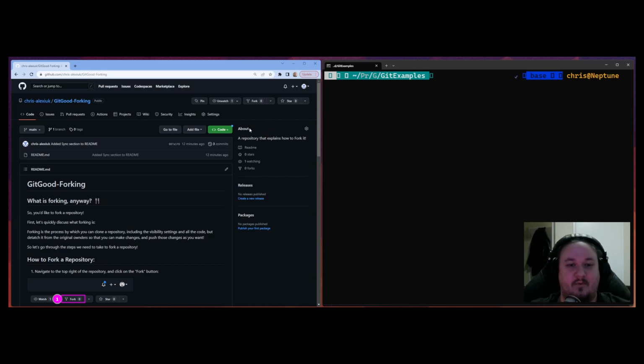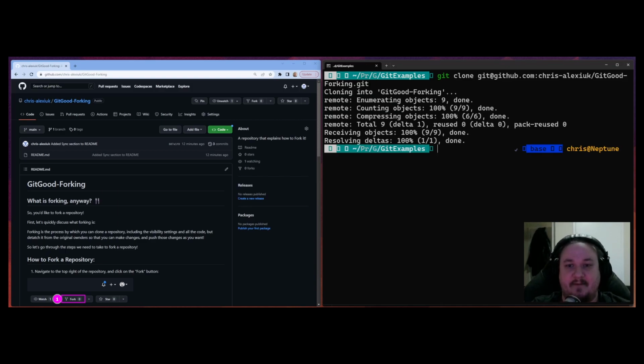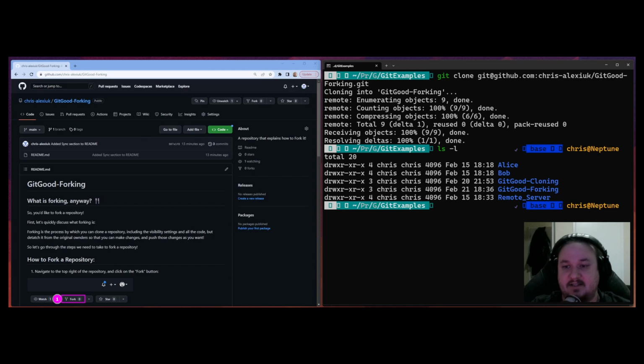So what we know to do so far is that we can clone this repository by copying the SSH address, right? We can come into our terminal and using the git clone command, we can go ahead and clone this repository onto our local machine. And then we can make some changes. So let's do that. So we cloned the repository, and you can see if we ls, yep, there it is, git-good-forking. So we're going to go ahead and cd into that